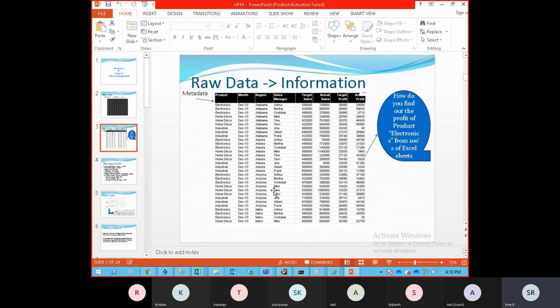Single entity, in the sense single location. If you have your business in one location, yes, you can go ahead with Excel for your business improvement. Business improvement in the sense, whatever transactions are happening, I'm going to input them. How much I purchased, that is the budget, I'm going to input it. So finally, what is the profit I got? Simple. There's the actual profit and the target profit. See, target profit is this one, actual profit is this one.